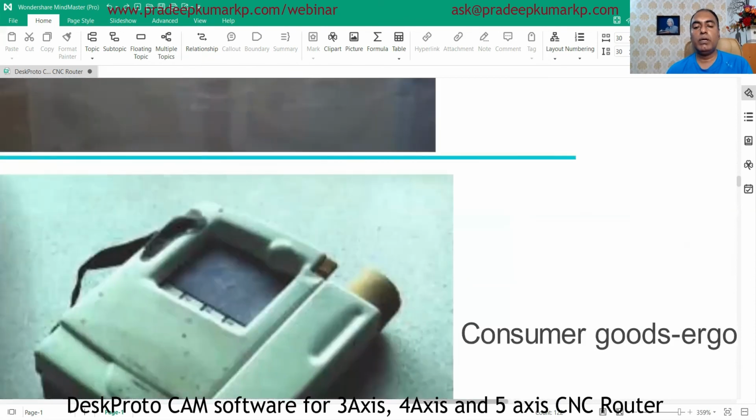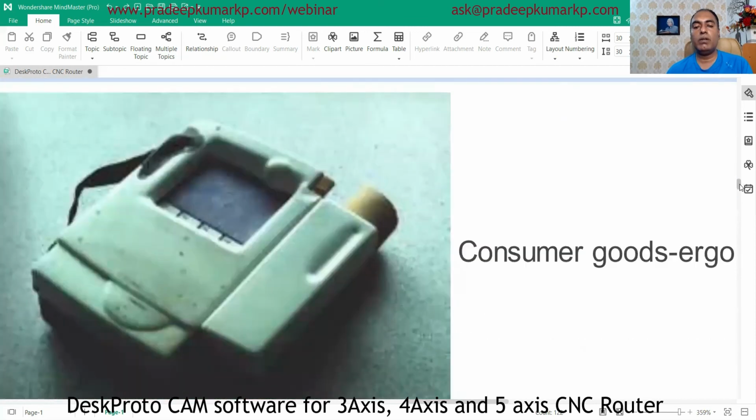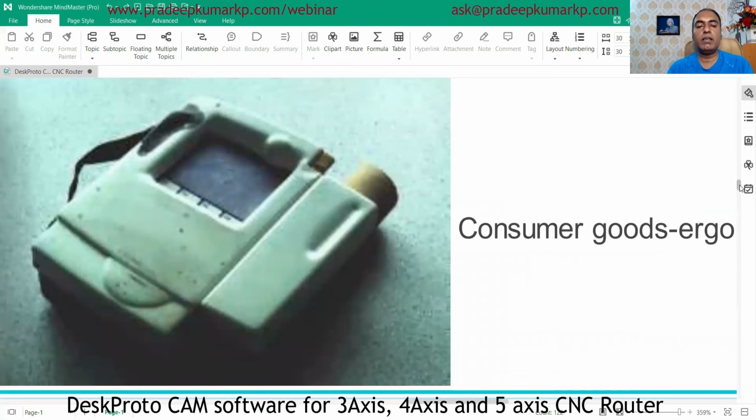If you want to test the usability or the ergonomics, whether the handle, if it's a telephone, is okay for holding, or if it's a water bottle, whether it fits into a particular place, we can make a prototype and check it. So for consumer goods, we use it like that.